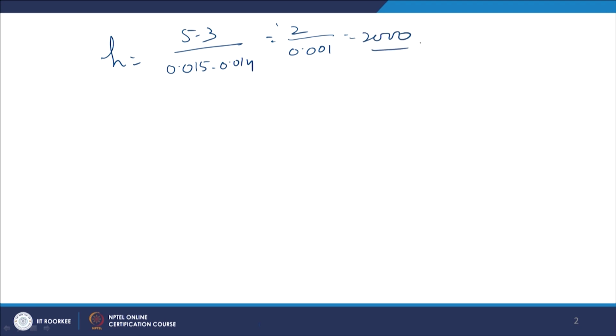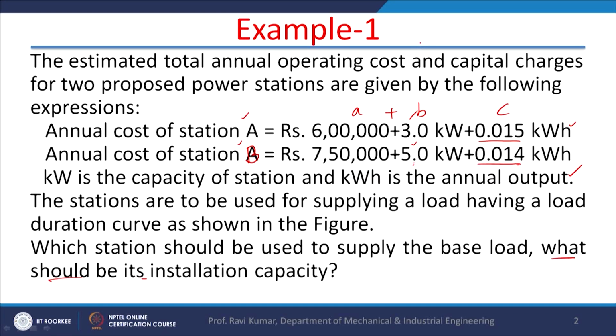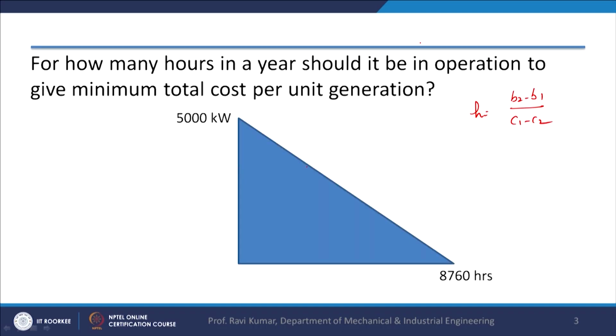So, for minimizing the cost of power generation, we should have 2000 hours. The top of 2000 will come somewhere here. So, 2000, this is the line for 2000. So, this is the energy which has to be supplied by the top or peak plant, and this is for the base plant, right.